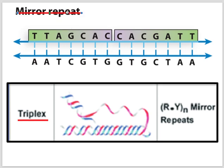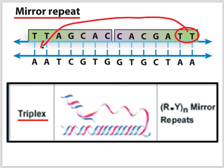A mirror repeat, something like this, where you have a mirrored repeat. Notice how this sequence right here is then the mirror opposite over here. What can happen in this case is that under some conditions, this DNA helix will just go on being itself because these are good interactions right here. But what really happens is that all of these T's right here, for example, let's start with these. These T's are binding these 2 A's, but under the right conditions, these 2 T's are going to bind these 2 A's as well,